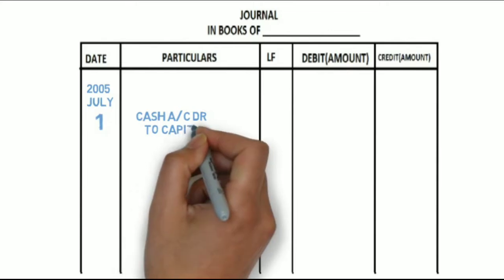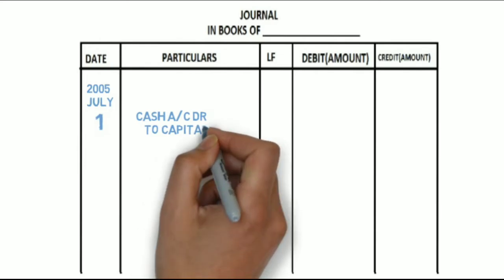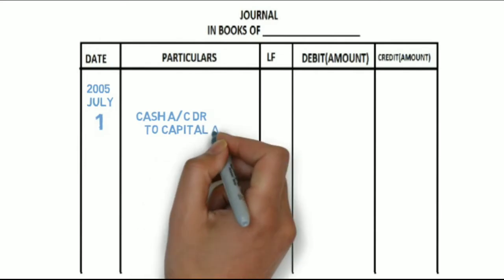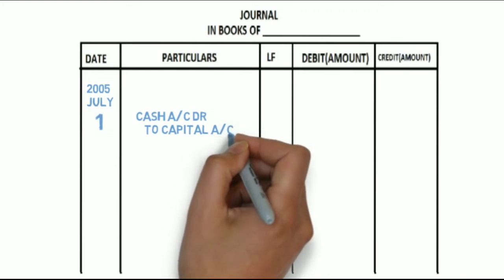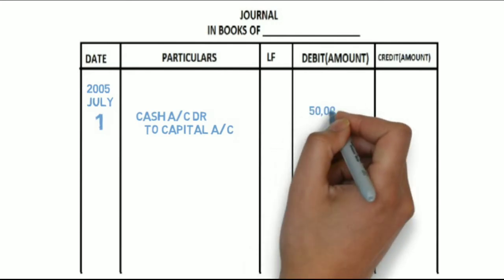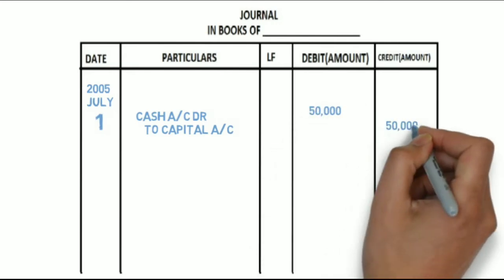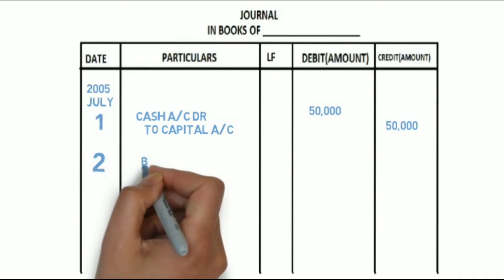Okay, so when passing the journal entry, we have to write: cash account debit to capital account, amount 50,000. Okay, on second, opened a bank account. Okay, so